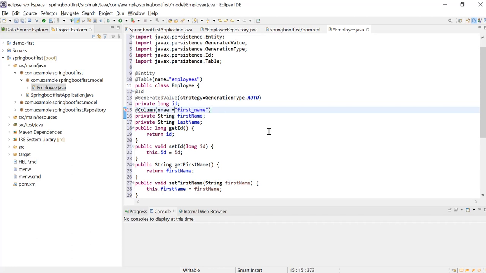Column name is equal to first name. Okay. Similarly,